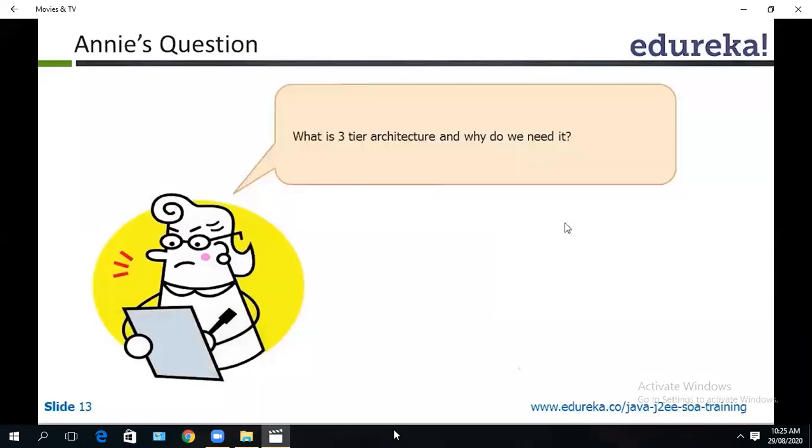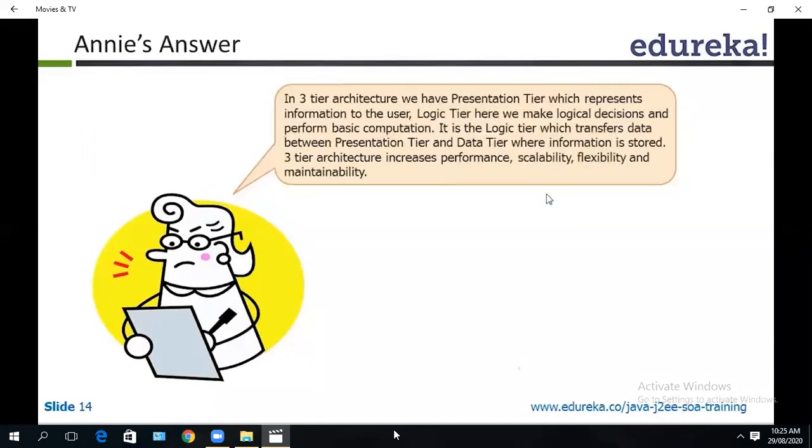Okay, what is a three-tier architecture? Why do we need it? I'll answer this, then I'll ask you the question about Eclipse. Let's see what Annie has to say.